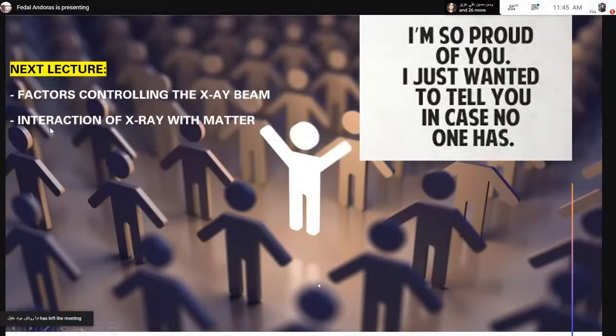المحاضره راح تكون two parts: factors controlling the X-ray beam and the other one interaction of X-ray with matter. راح تكون مقدمه اللي انه how the X-ray will interact with the matter، اللي راح تكون scattered absorption هاي القضايا و disappear. بعدين راح نتحول المحاضره وراها اللي نحكي على ال effect of X-ray or radiation on the human، اللي